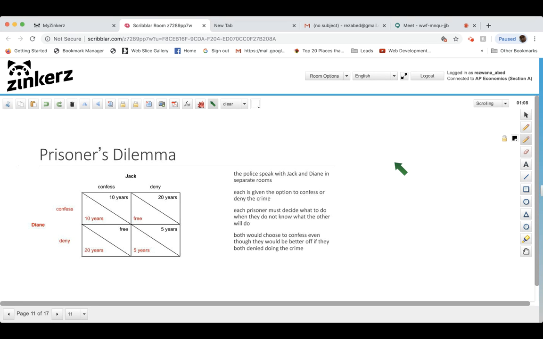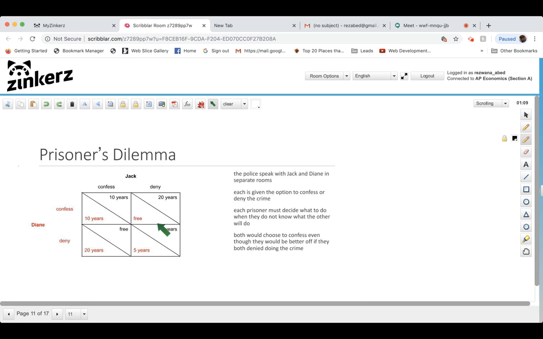So here what we have is a classic example of game theory that is used a lot in game theory. It's a specific type of game that illustrates why cooperation is difficult to maintain for oligopolies, even when it is really beneficial for them. Remember, when we talked about colluding and cartels, we said that for cartels it's kind of hard to maintain that cooperation, and there's always an incentive to cheat. So this is a classic example of what happens there.